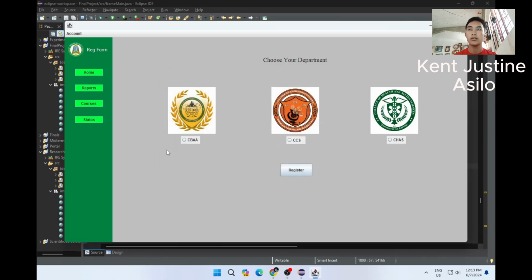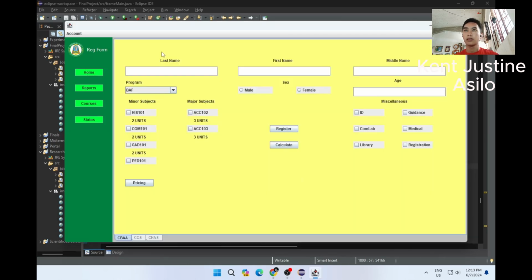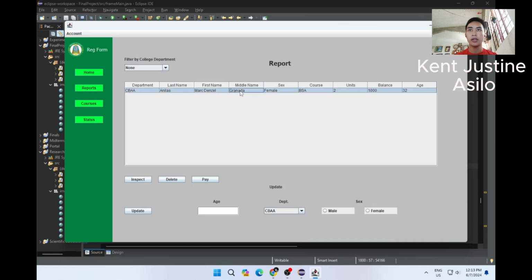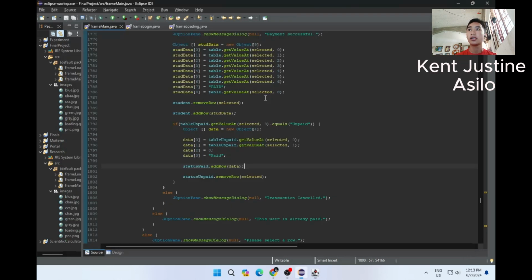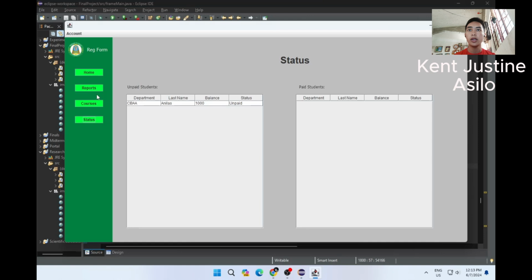Let me just register one student. Here it is unpaid, so when you pay it, for example, when I would pay it,